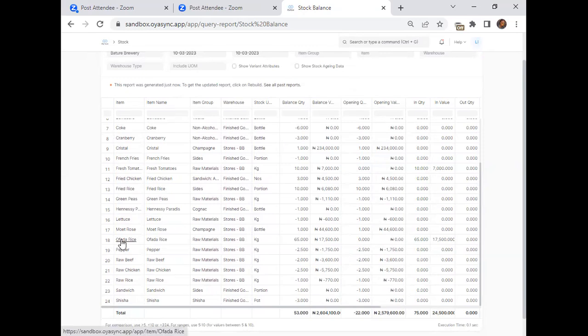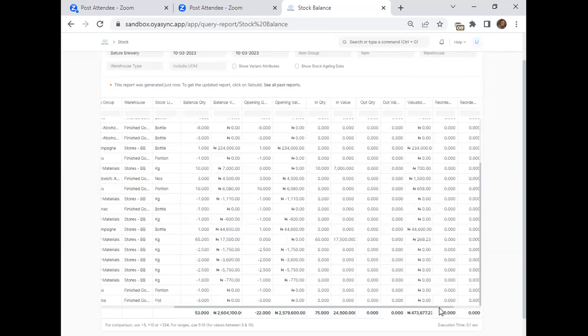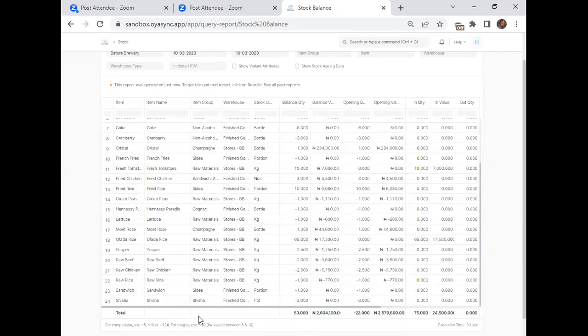So here we have our father rice that we just bought, and we have the balance quantity as of today. We have 65 kg available in store. And that's the value of it. Okay, the next item we got was